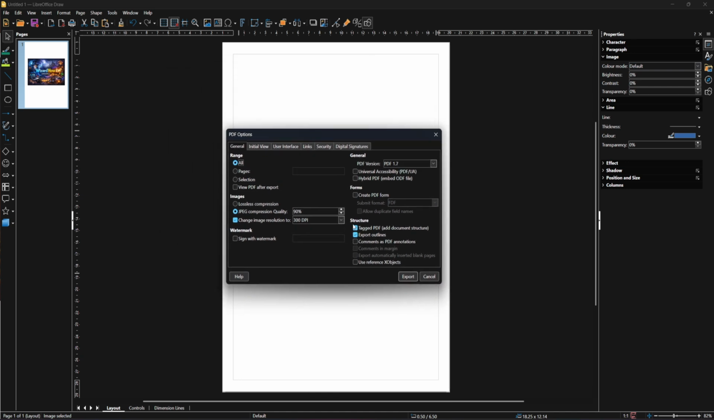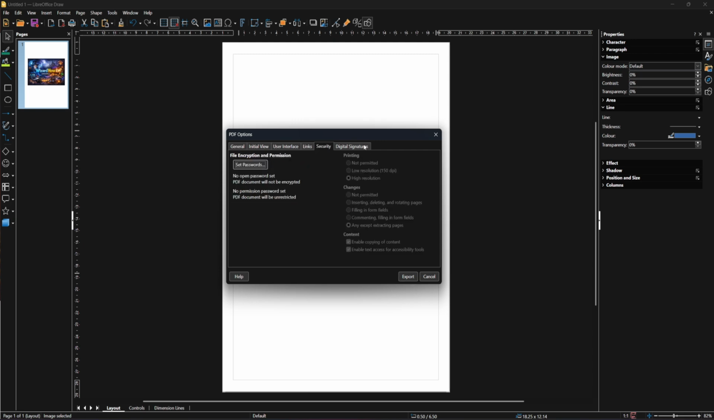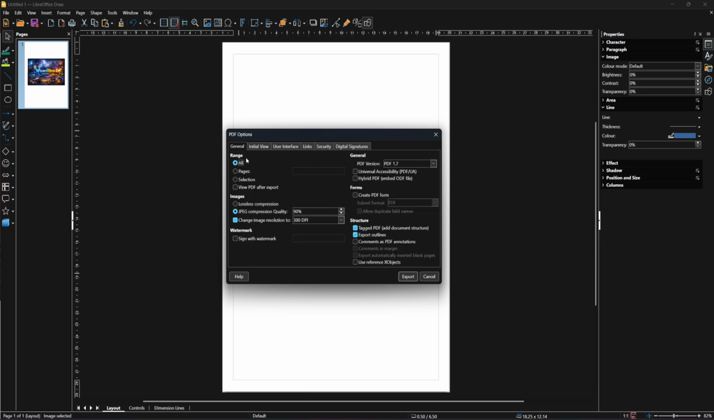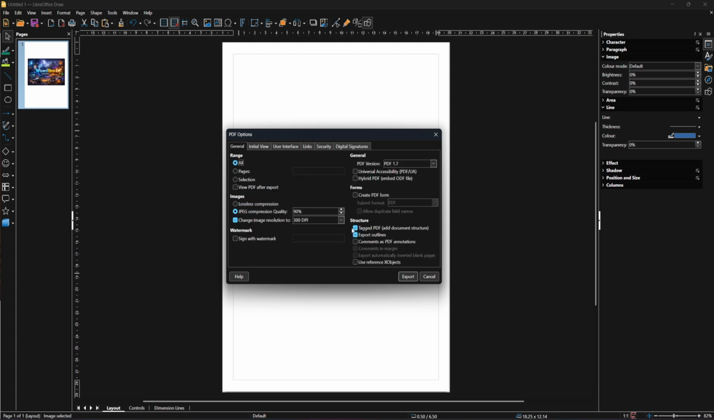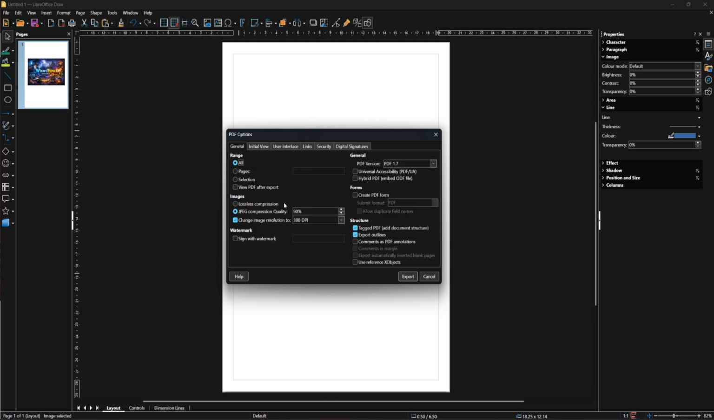Now you can adjust settings under the General, Initial View, User Interface, Links, and Security tab. You also have Digital Signature, but let's go with this General. Here we can set up range, images, the quality, Initial View, and so on, but 90% of the time you don't need to change the Initial View or User Interface, just General if you have